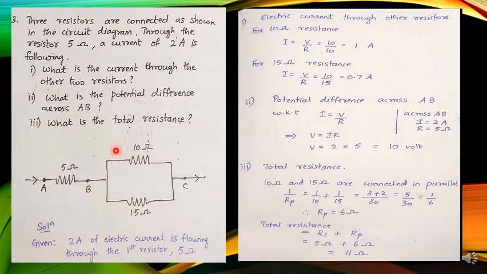Now this value is 6 ohms, which is connected in series with another resistor, 5 ohms. So when they are connected in series, how do you find the resistance? You are going to add them, isn't it? So it is going to be Rs plus Rp. Which is the resistor connected in series? 5 ohms. Then what is the value of the resistors connected in parallel? We found just now, it is 6 ohms. So 5 plus 6 is 11 ohms. So this is the total resistance in the circuit. Hope it is clear to you all.